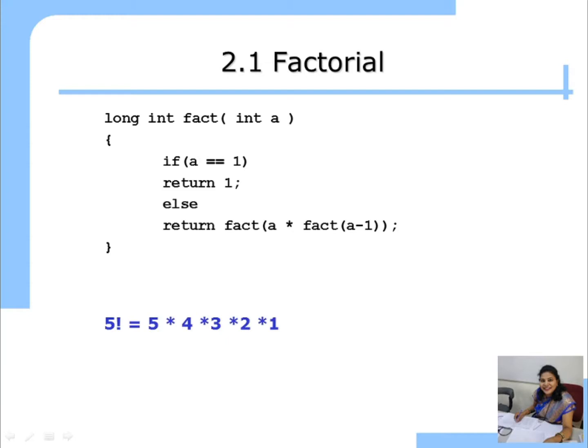Let us see, if you want to calculate the factorial of 5, how do you calculate 5 factorial? 5 factorial is nothing but 5 into 4 into 3 into 2 into 1. If you see carefully, then 5 factorial is nothing but 5 into (5 minus 1) factorial. So what is 5 minus 1? It is 4. So 5 factorial is nothing but 5 into, this is the formula for 4 factorial, 4 into 3 into 2 into 1. So any number's factorial is equal to that number into (that number minus 1) factorial.